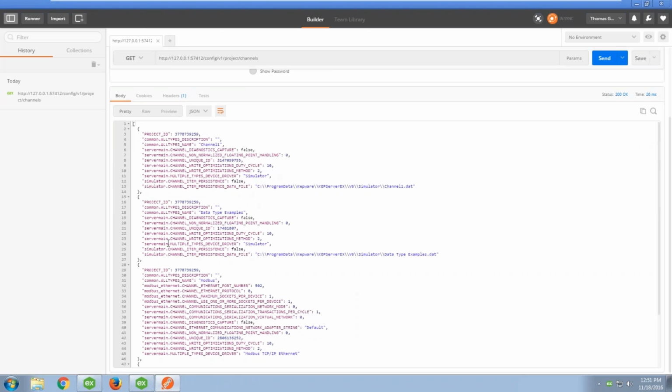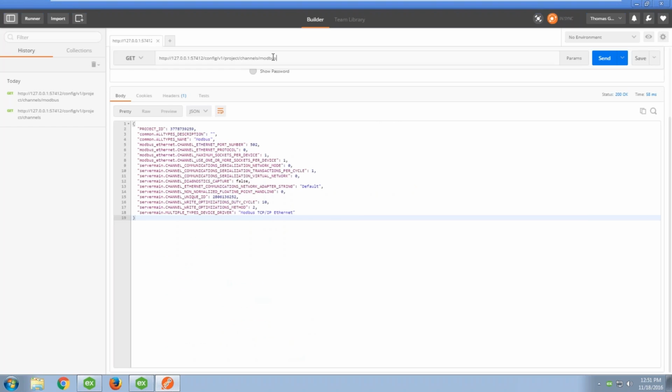And what I really want to show you is that you can go into these individual channels and find more information as you go. So I'm going to put in the Modbus endpoint for that particular one. It's going to spit back not only the information about that channel, but also a project ID. So if you're trying to do a revision, to ensure proper revision through changes, the project ID will allow you to do that. Additionally, we can drill down further and find out what kind of devices